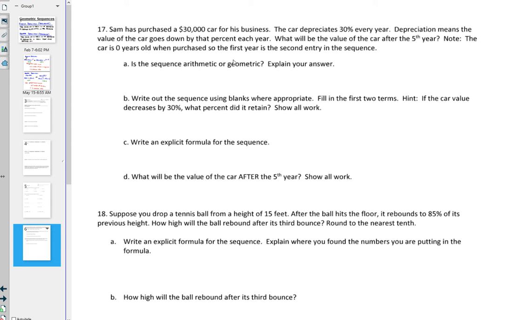So is this arithmetic or geometric? Anytime you're going up or down by a percent, that's using multiplication. Usually, when you talk about percents, you say the word "of," like 30% of. That word "of" in math is used for multiplication a lot. And since we know that geometric sequences have a common ratio, you're multiplying or dividing. Yeah, this one's geometric. If you're going up or down by a constant amount, then it'd be